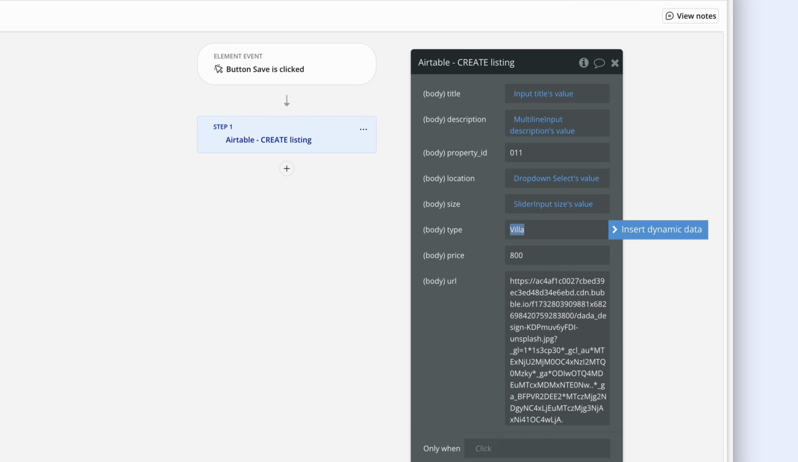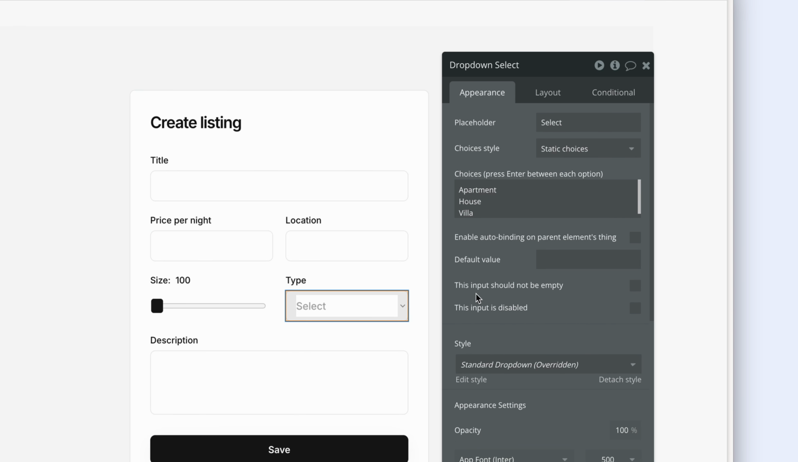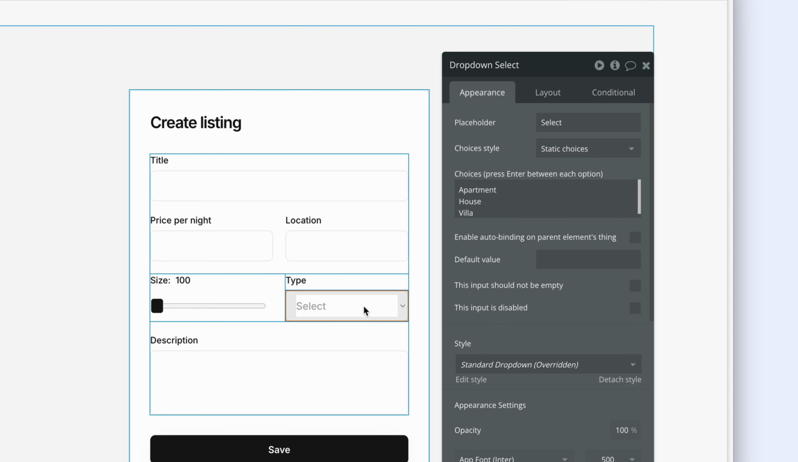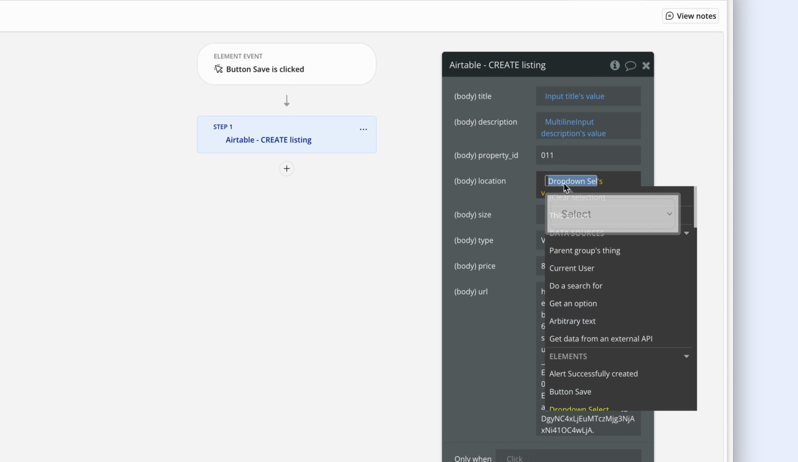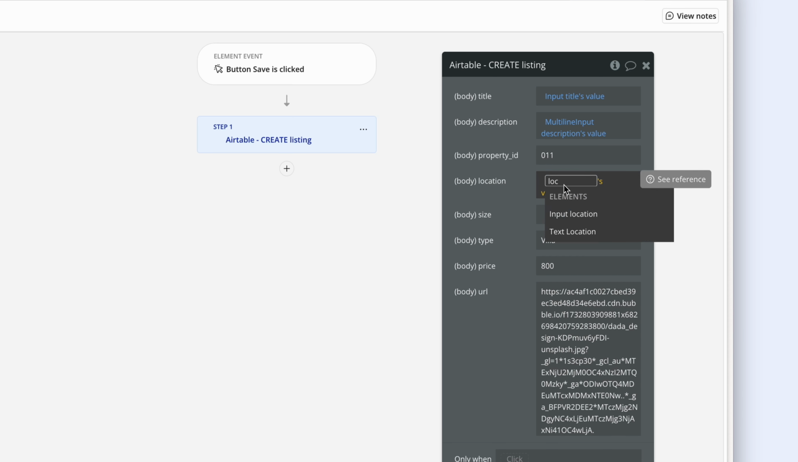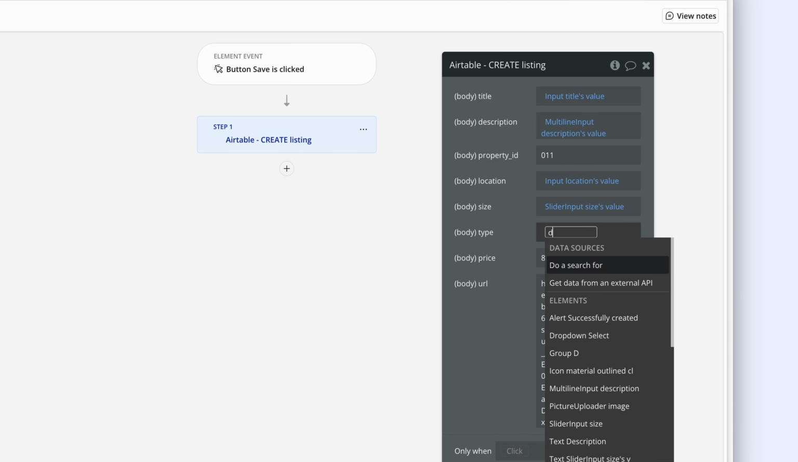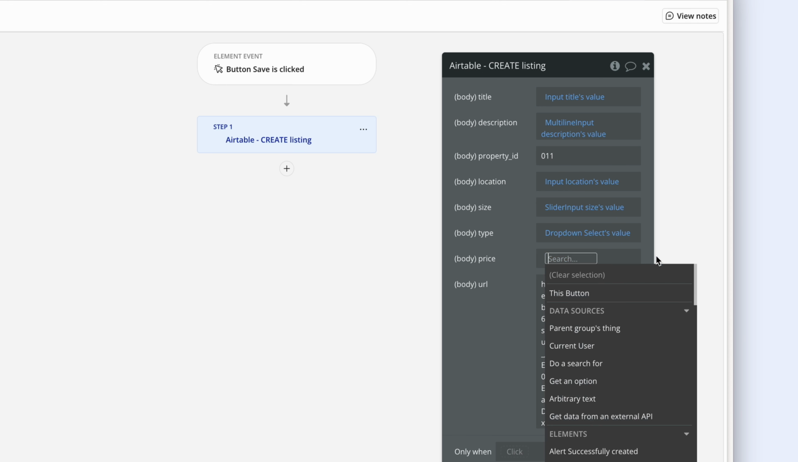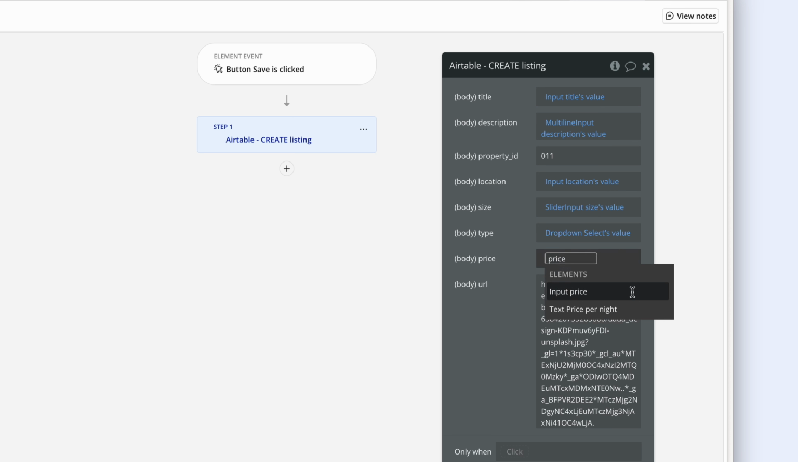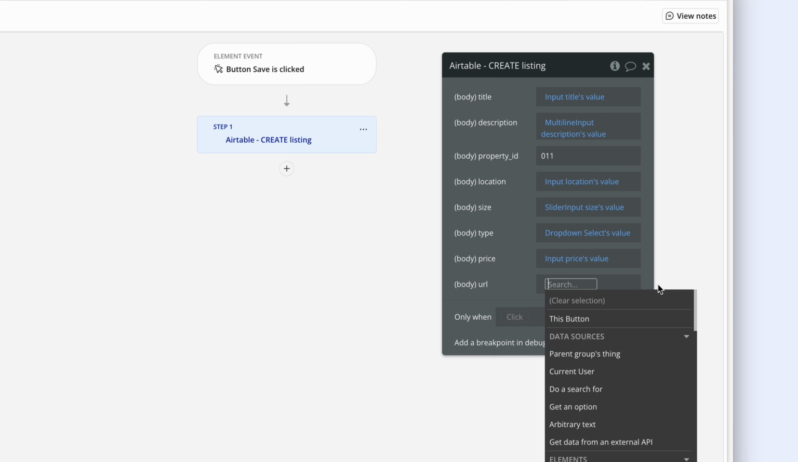Now villa, where does this come from? How do I set this? Type. It's coming from there. Okay, so location is just the input location, but the type is the drop down. That's fine. So location, in fact, is the input location's value. This is the drop down. Price will be coming from an input. Input price's value. And the URL, this is actually going to be coming from a page state,